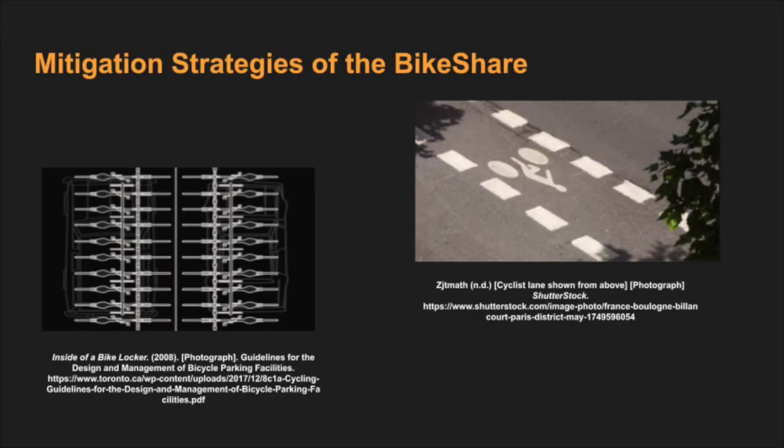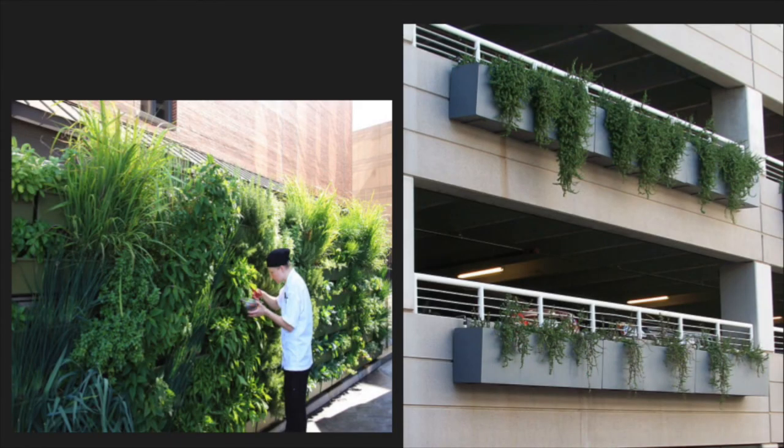Mitigation strategies to prevent theft look at giving the bikes shelter that is converted from parking spaces. This can be used to store the bikes behind a target hardening lock system, but also showcase their security around the bikes. When looking at how to make the interaction between vehicles and bikes as smooth as possible, bike lanes or signage can be incorporated to make the interactions less confusing and more straightforward between the vehicles. And with that, we can state that safety and well-being task forces need to mitigate against